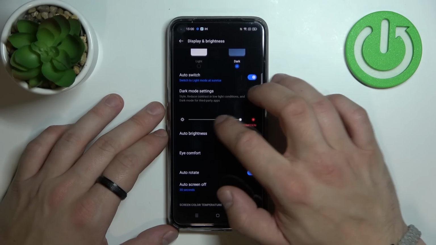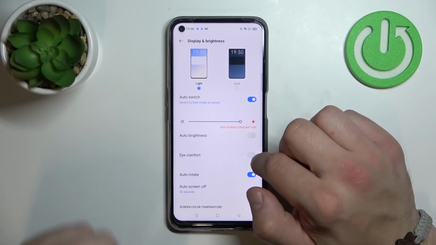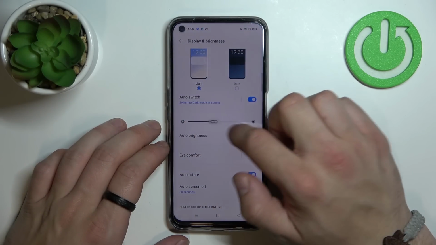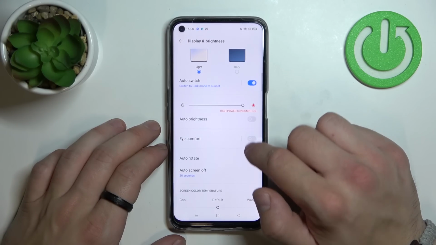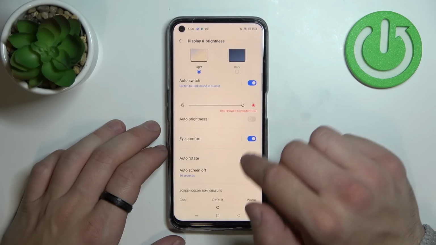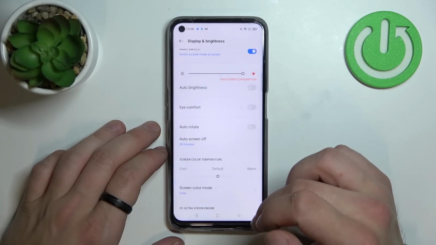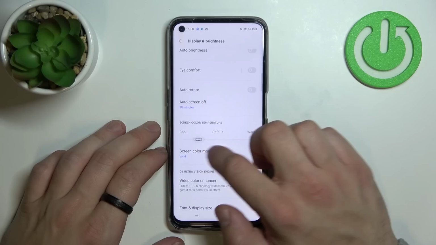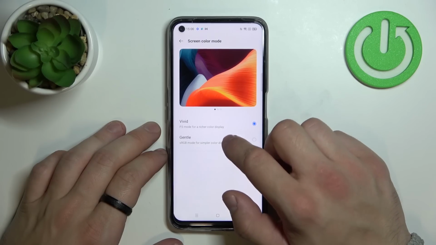Next, you can change brightness level of your display manually, enable or disable auto brightness, eye comfort mode, auto rotate screen, and change auto screen off between 15 seconds and 30 minutes. Next, you can adjust screen color temperature, change screen color mode between vivid and gentle,